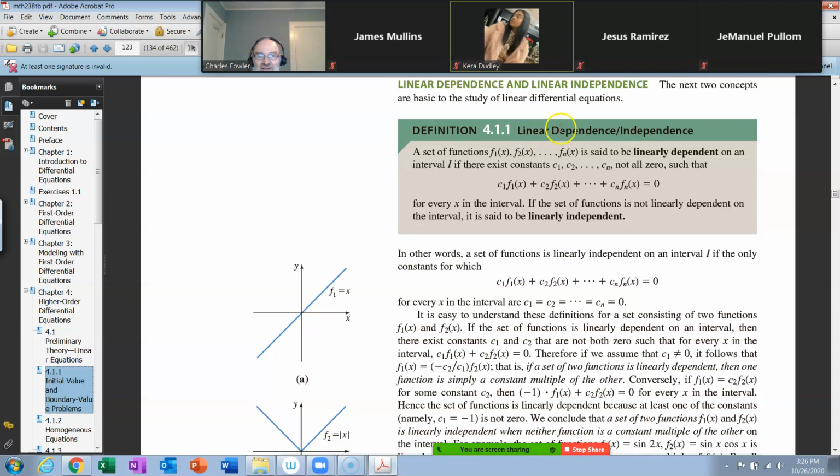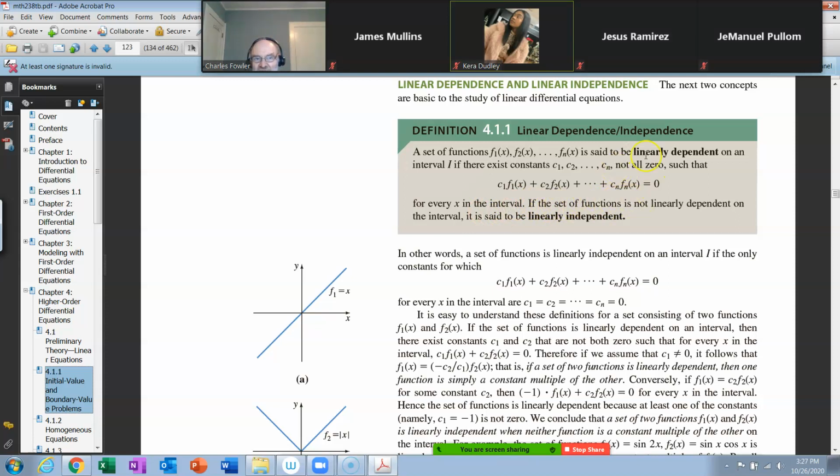And here's the definitions. Definition of linear dependence and independence. If you have a set of functions, f sub 1, f sub 2, f sub 3, f sub 4, all the way up to f sub n. They're all these functions, n functions, okay? They are said to be linearly dependent on some interval I if there exist constants c1, c2, c3, c4, all the way up to c sub n that are not all zero, such that that linear combination of those functions, c1 f1 plus c2 f2 plus c3 f3 plus c4 f4 plus all the way up to c sub n f sub n, if you can make that equal to 0 with at least one choice of c's that they're all not 0. Okay, certainly if all the c's were 0, that's got to be true. But if you can make it true with not all the c's equal to 0, for every x in that interval,